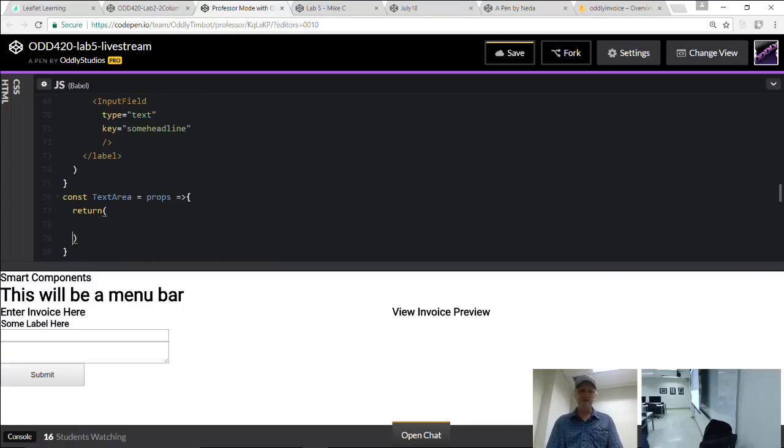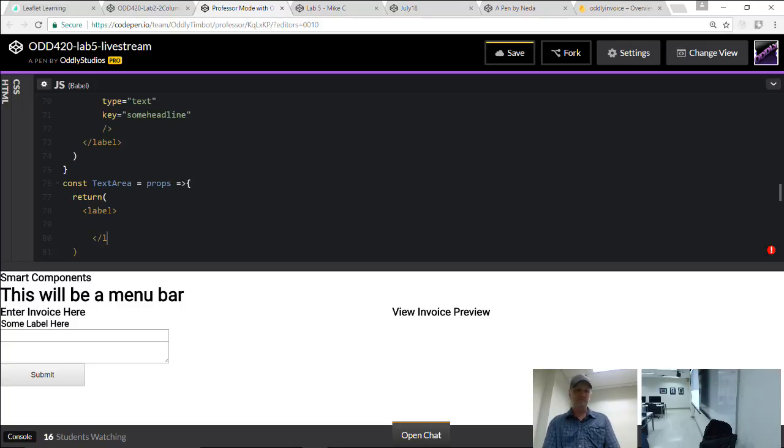Okay. So I want to make sure that my text area has a label also. Why is that? Just so the person knows what to do. We'll put in something like enter project description or something like that.